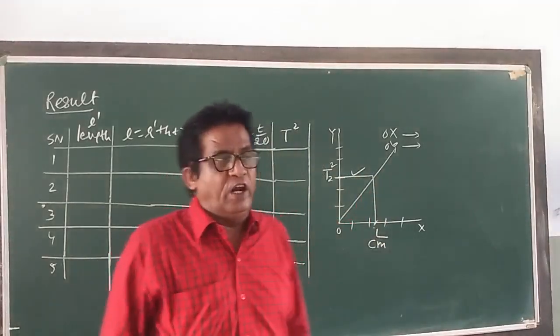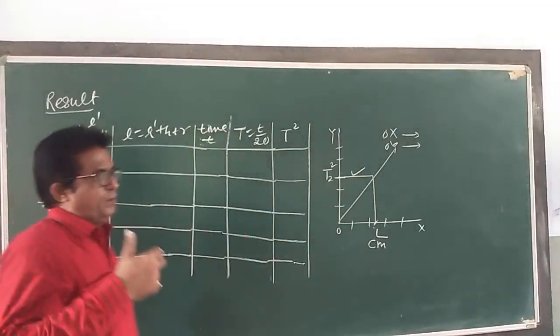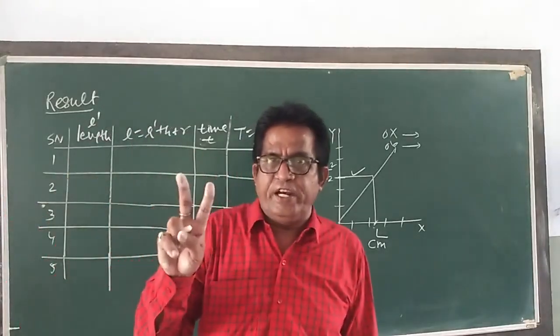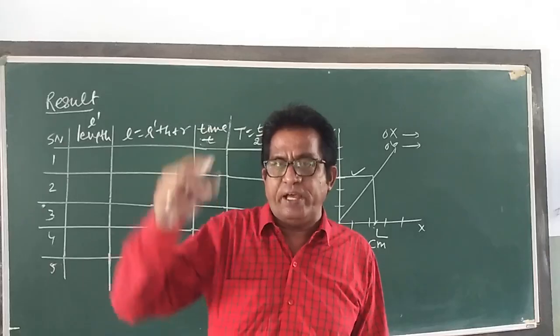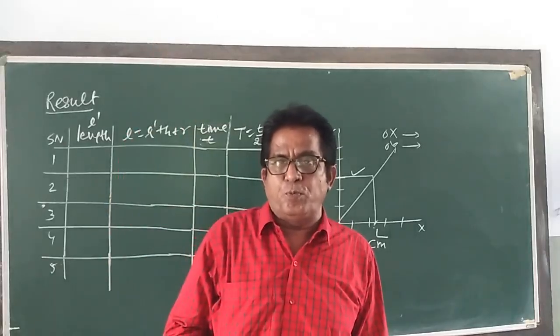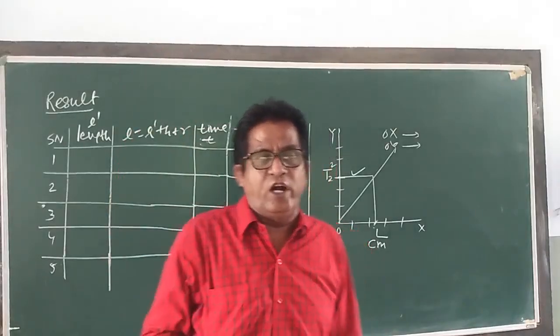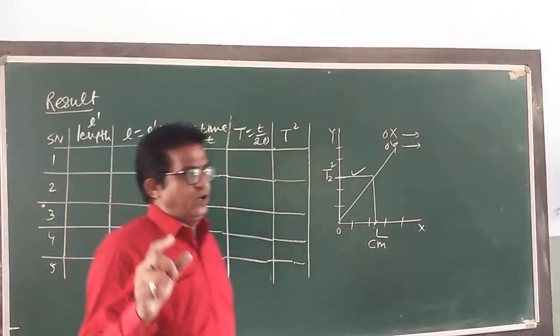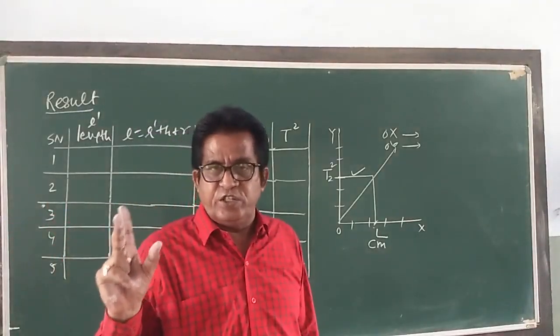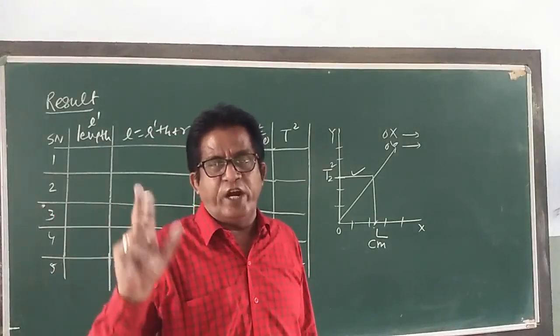That is called the length of the second pendulum. We will study this in theory later. When the time period is 2 seconds and the length of the pendulum, the length of the thread and the whole pendulum, that is called the length of the second pendulum. Second pendulum that you can find out. Here I can say, my dear children, that when the time period is 2 seconds, it is the effective length of the second pendulum. This is the result, and then you have to write precautions.